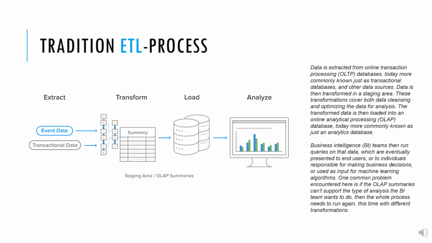To better understand the process, here I have given you one traditional ETL model or architecture. Consider the process like below. Data is extracted from online transaction processing (OLTP) databases, today more commonly known just as transactional databases, and other data sources. Data is then transformed in a staging area. These transformations cover both data cleansing and optimizing the data for analysis. The transformed data is then loaded into an online analytical processing (OLAP) database, today more commonly known as just an